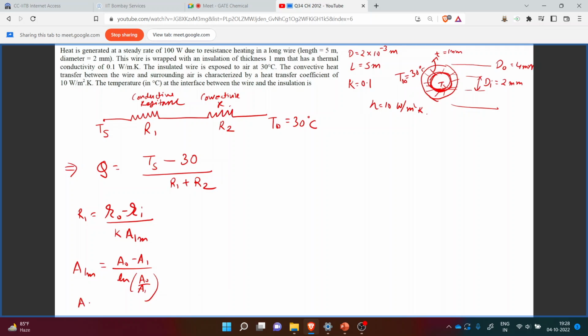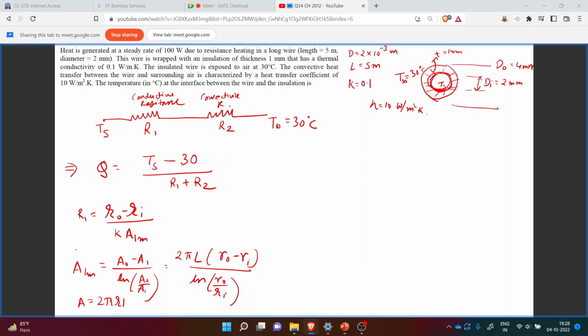So area we can replace as 2 pi r L; for outer it will be 2 pi r0 L, and for inner it will become 2 pi ri L. So we can cancel this, and in terms of radius we can write this with 2 pi L taken as common, r0 minus ri upon ln of r0 by